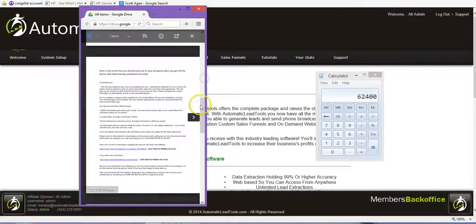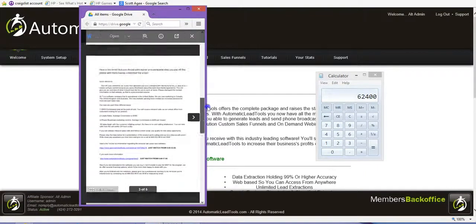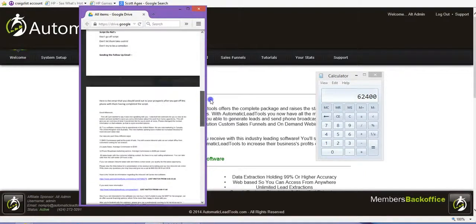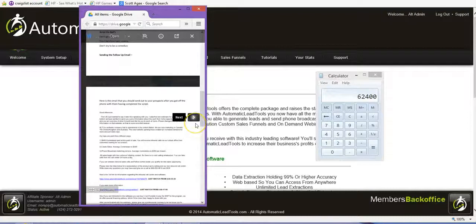You can see it's 5 pages, and we add to it when we need to. We take away when we need to. It always stays current. And it's just a simple way for you to make sales, right? You read the script, and you send them to a video, or you send them to whatever's relative to that call. We give you instructions in the manual here on how to route calls, but if you can answer a phone call and be in control of it and help that person and determine their needs and direct them to the right video, you can close sales. And you're talking 60 to several $100,000 a year from that.